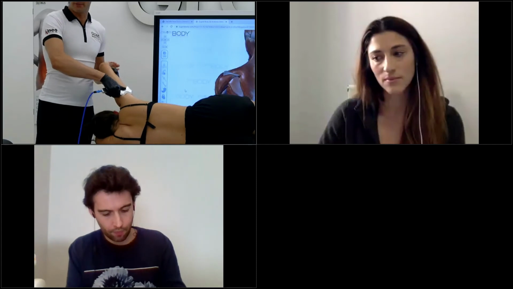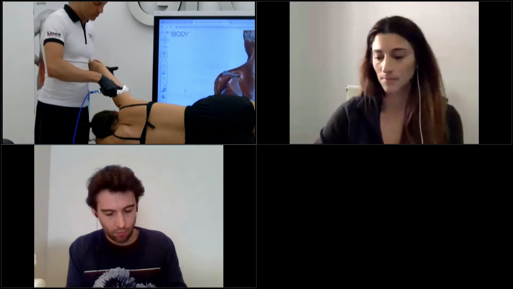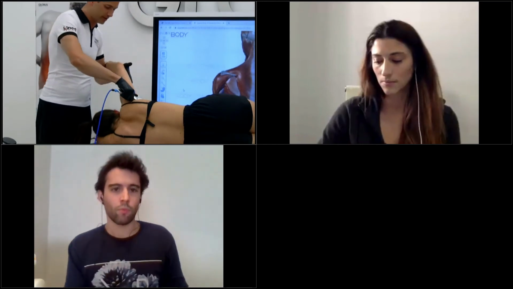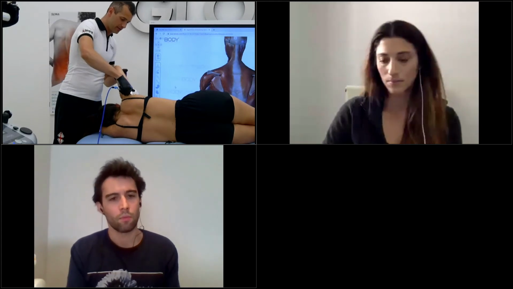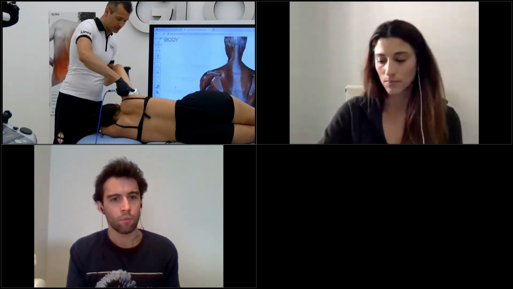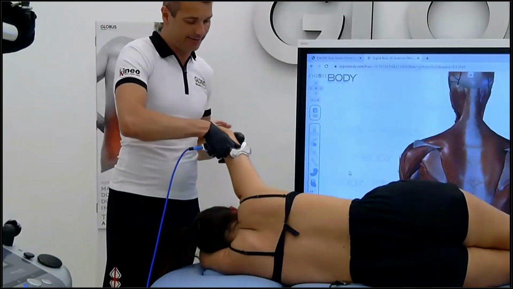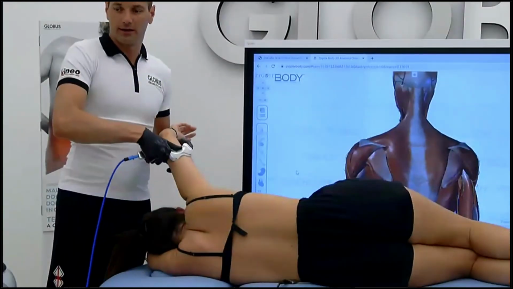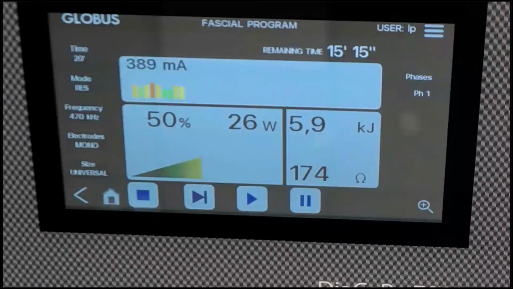Yeah. All right. Thank you, Malvina. I want to show you something. I'm doing this kind of mobilization here. As you can see, with the DIA blade small, I'm treating all the triceps and also the fascia between the biceps and the triceps, the inferior part of the capsula, a bit also in the latissimus dorsi. I put the plate under the trunk, so I have a quite long geometry actually. But have a look at the histograms. We start with the green, and now we got the yellow one.